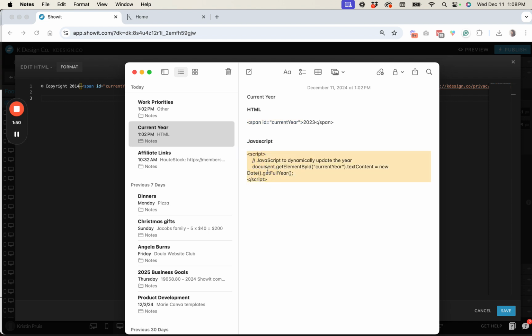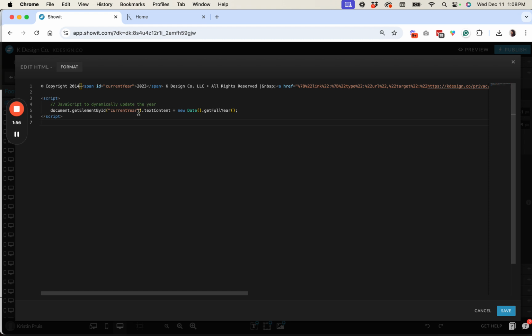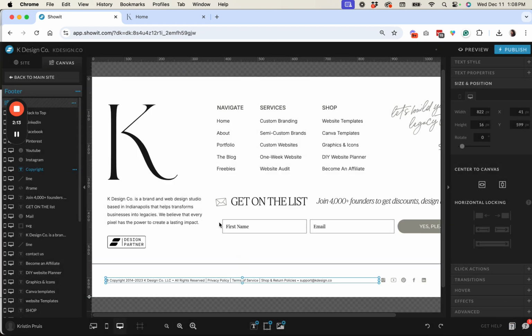then you're going to add a little piece of JavaScript here. Copy this code that I'll also share, and this is going to tell it to basically overwrite whatever this span says, as long as the person has JavaScript enabled on their browser, which most people do, or otherwise it will default to your fallback date that is listed here. So I'm going to go ahead and save this. And then I will do a preview so that you can see that it is working